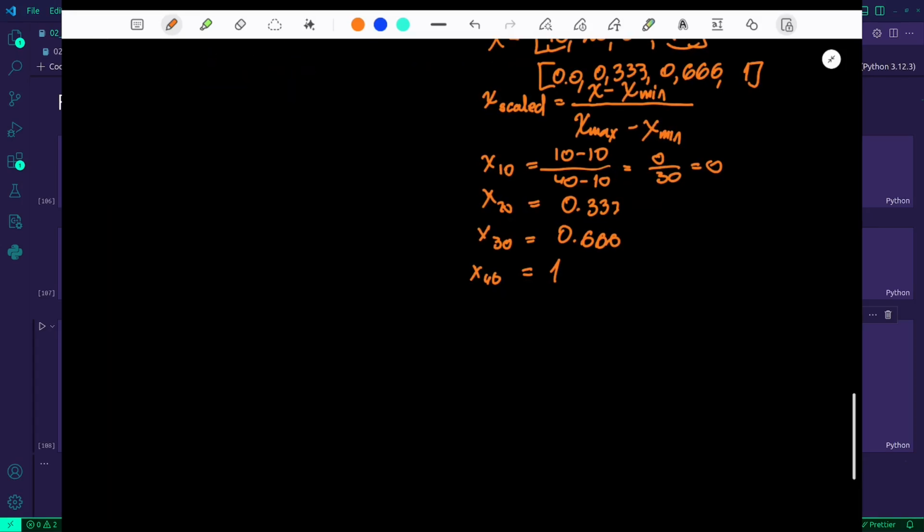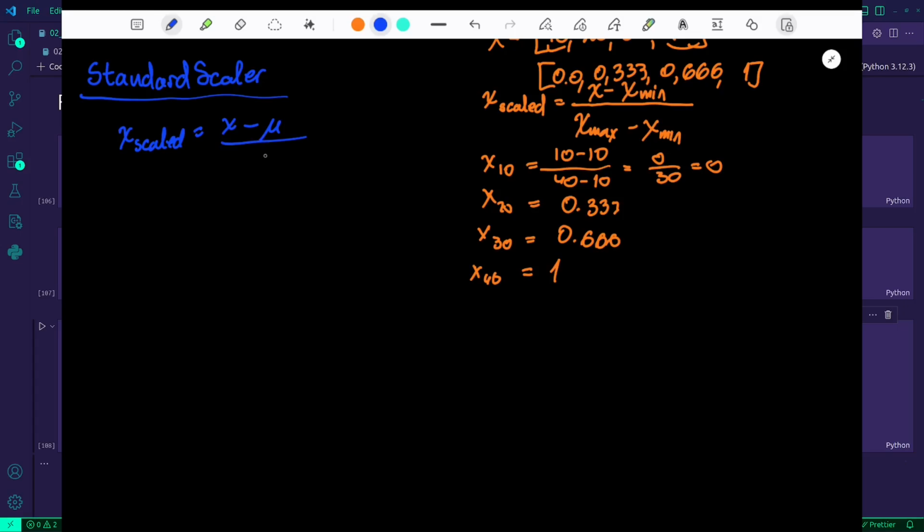Now, for the standard scaler, we have the formula x scaled is x minus mu, divided by rho. This is the mean of the feature, and this is the standard deviation. How do we calculate the mean?